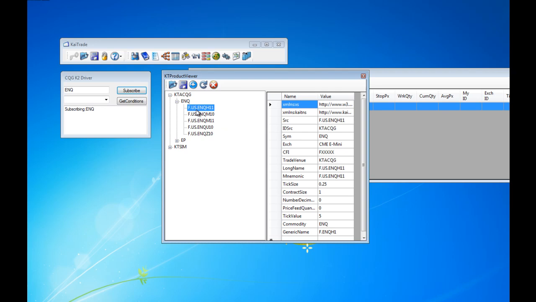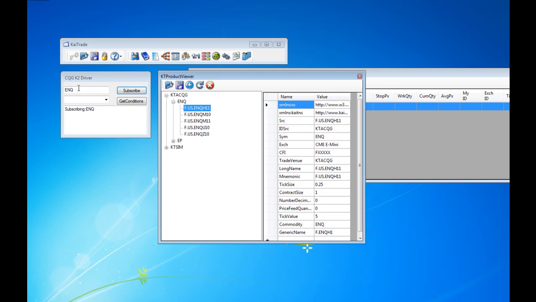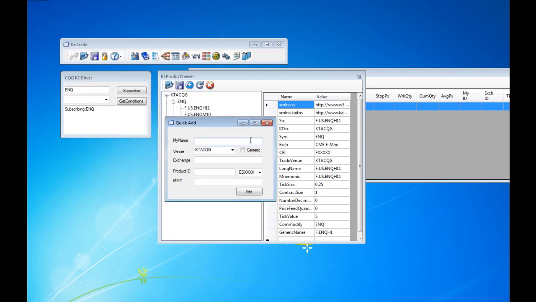So there's two ways that you can do that. And of course, you could save the product file just the same, and then when you reload it, you're going to get these in. So there are two ways you can add products to CQG. You can either drop the simple identifier into the driver window, and we try and identify the product for you and add it in, or you can use the quick add function. And the benefit of using quick add is that you can give it your own specific name, but also you can use the generic functionality, so therefore when it reloads it always goes and gets the latest contract for that particular thing. So for EP it would